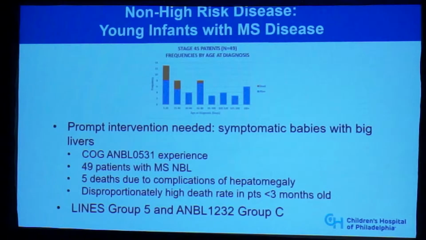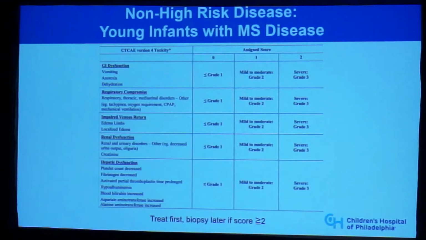Both the European group and the COG are studying this in an organized fashion, how to intervene and when to intervene. And I'm showing you an example of how the Children's Oncology Group is guiding that decision-making and really trying to assist investigators in understanding when to pull the trigger. This chart gives a grading of different organ function areas to determine the physiologic risk that the patient runs, and gives guidance when there's a scoring system you can see across the top. When the score reaches 2 or above, according to the protocol, you pull the trigger.